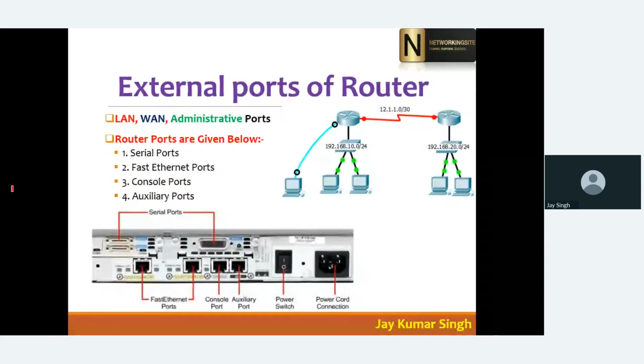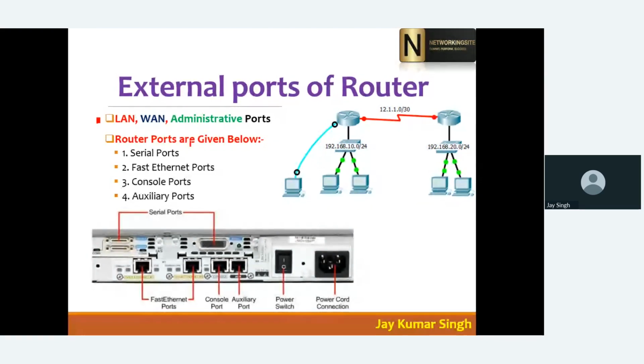Now, when we come to router configuration, there are some types of ports, and we need to know about the ports before configuring. The router external ports are divided into three categories: LAN, WAN, and administrative port.